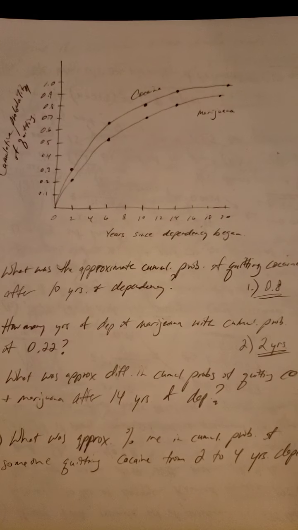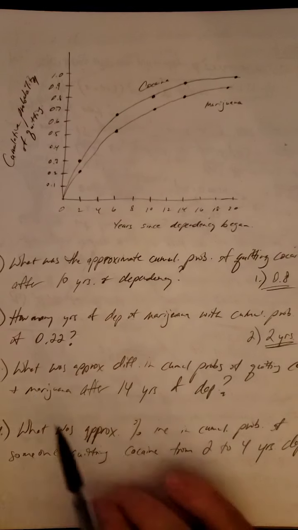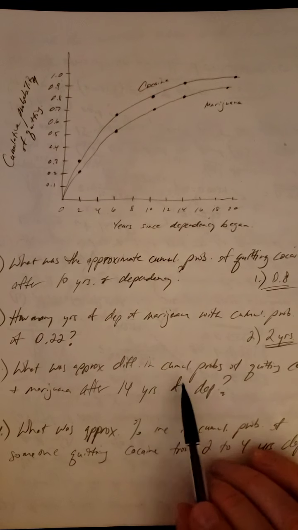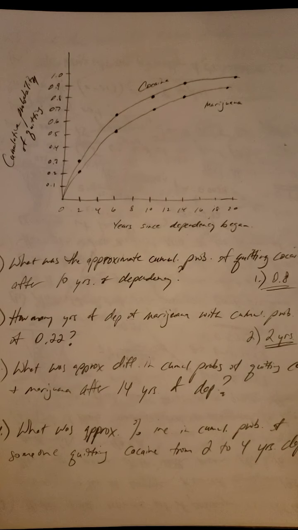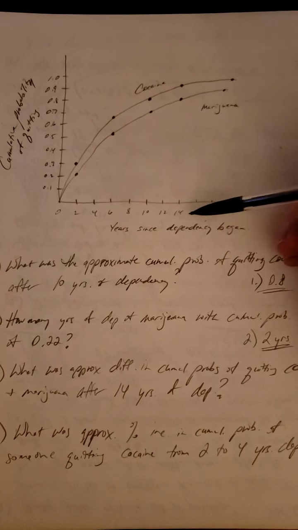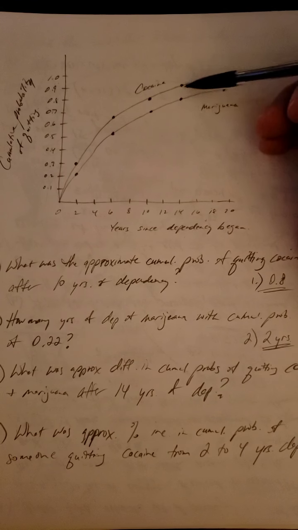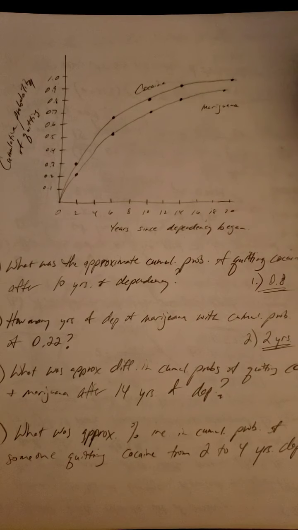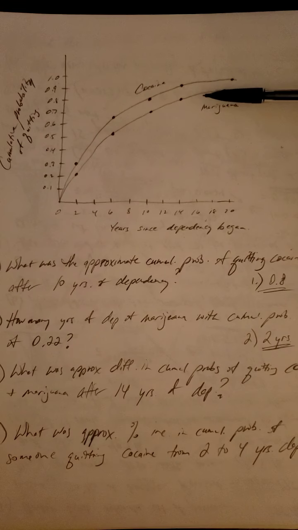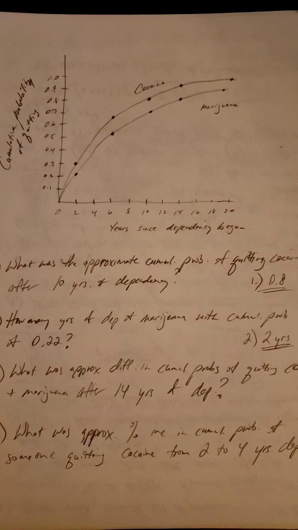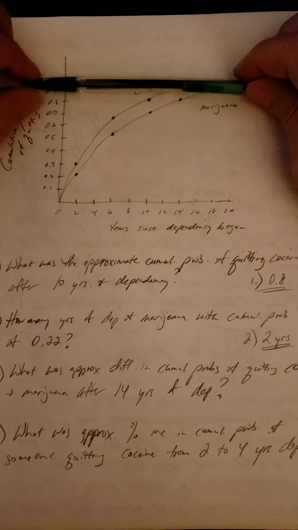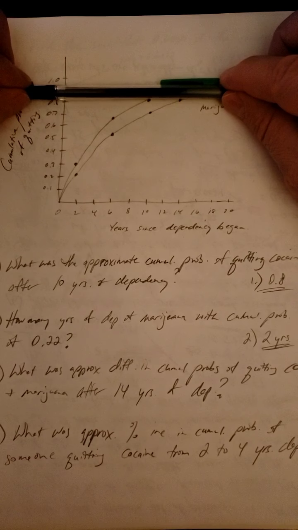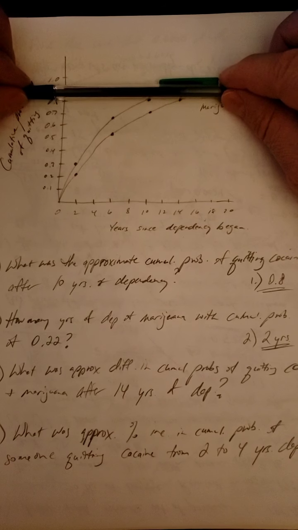So again, a lot of quick ones, but then there's other ones that you're going to have to think a little bit more deeply about. So the next one, what was the approximate difference in the cumulative probability of quitting cocaine and marijuana after 14 years of dependency? All right, so now we got to go to 14 years. So we got a couple of probabilities we're going to try to read off. Now it gets a little bit tougher to approximate the further away from the scale you get. So sometimes just a little guide to kind of help point you in the right direction, it's not a bad thing. So this one is pretty close to 0.8.